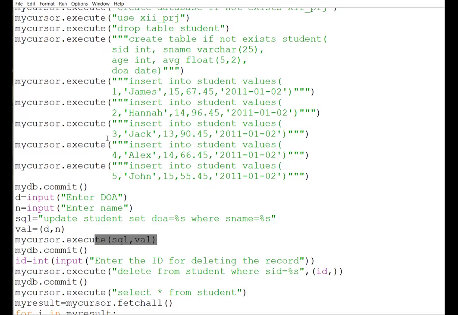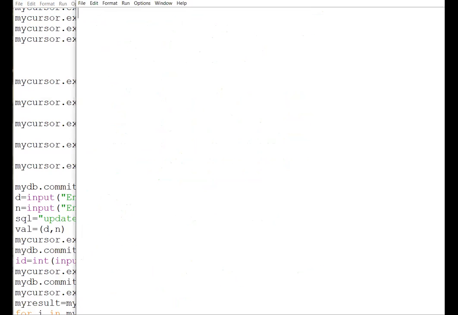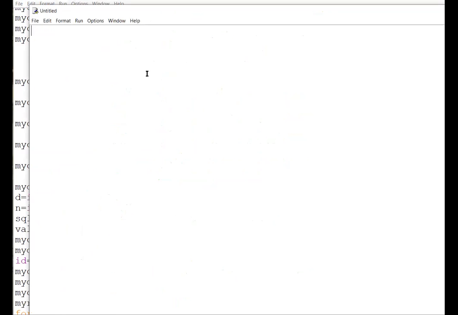Okay, now as I said, we are going to start with the program again. One I am explaining to you, and then you are going to do it by yourself. Fine. So we are going to make a new program today. Now in this program, as I said, we will be making functions and then everything.